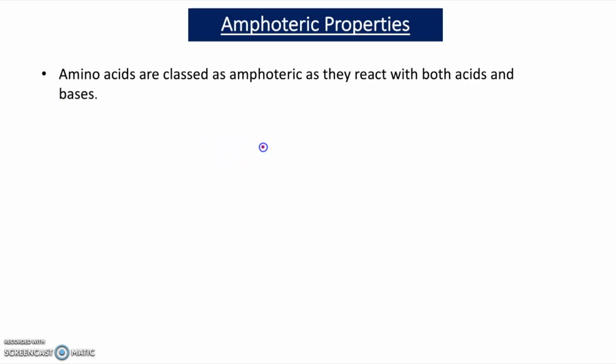So now let's explore the amphoteric properties of amino acids. Amino acids are classed as amphoteric as they react with both acids and bases. So I'm going to draw an amino acid now. I'm going to draw glycine. So I've put in my amino group and my carboxylic acid group, and I'm going to convert this to a